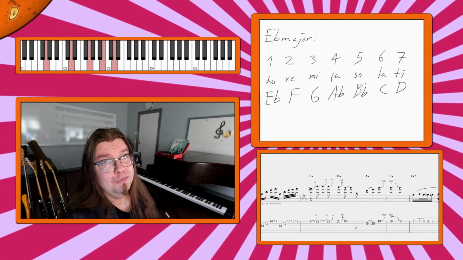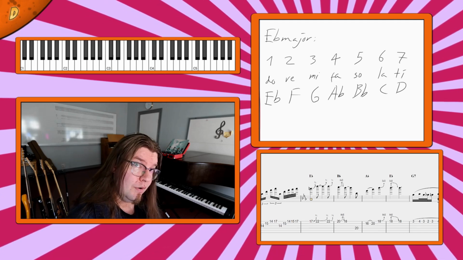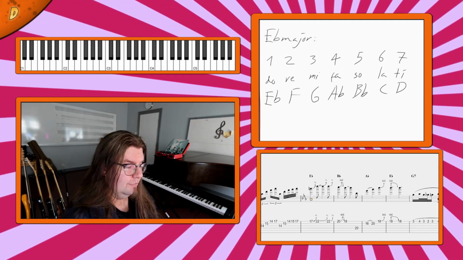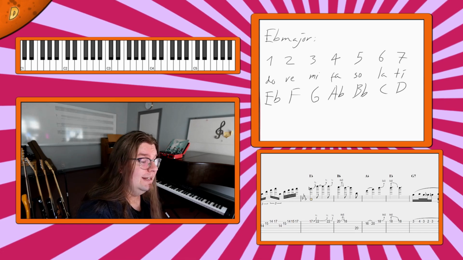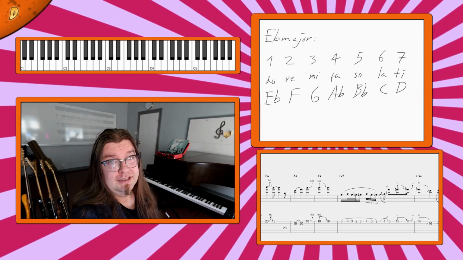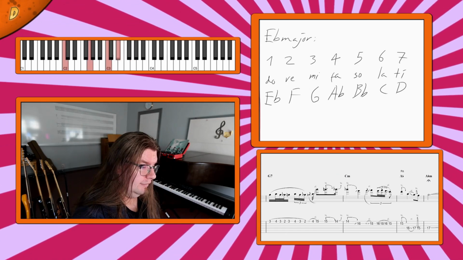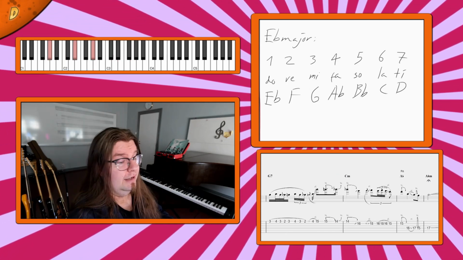G7, you can probably guess what it is. If you want to pause it and figure out for yourself where it's going, go ahead. But for the rest of us, I'm going to spoil it, and it's a 5 to a 6. And the C minor is the 6. A flat is the 4, A flat minor,